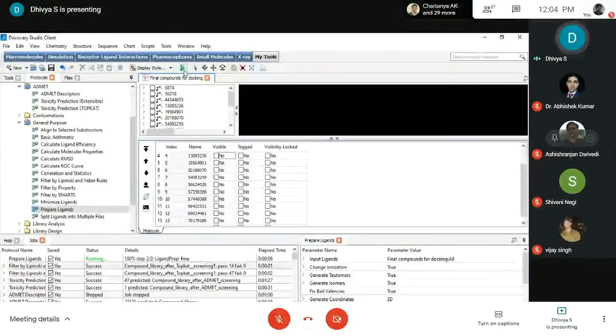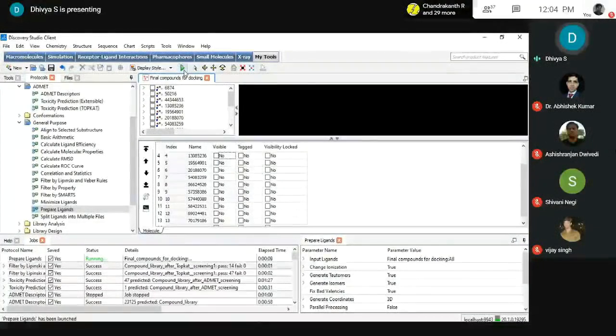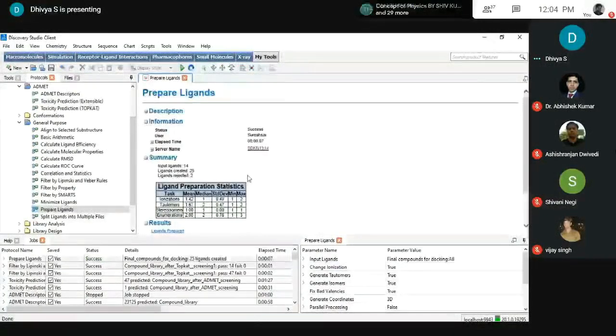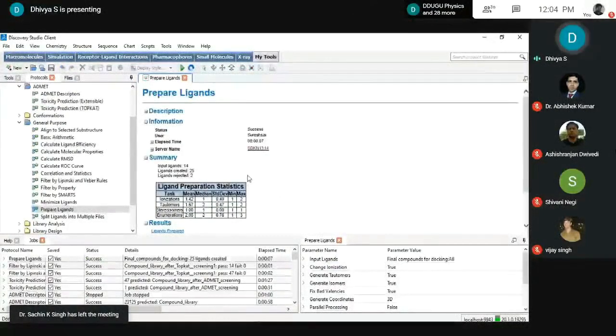Ligand preparation is done in small molecule, general purpose, prepare ligands, input molecules, and you get this. Input and then open the output. You get the list of molecules, prepare ligands rejected. Why is it rejected? Because of duplicates. And we get the components.